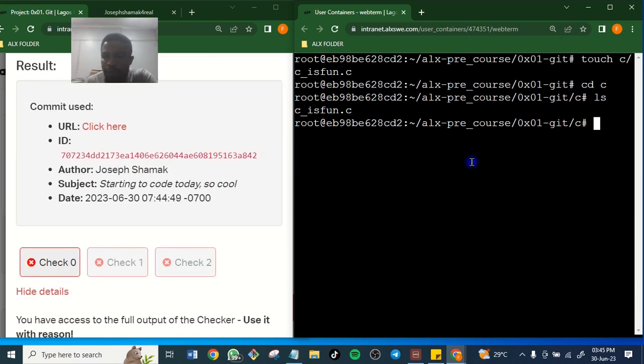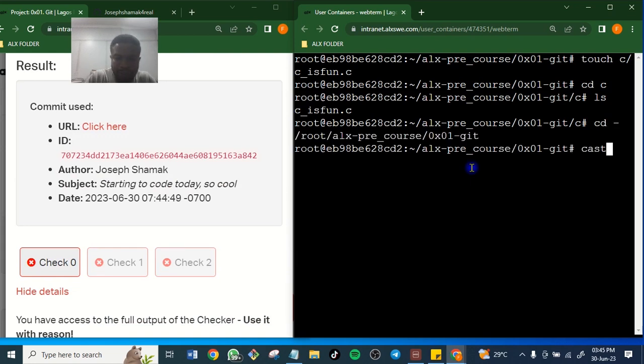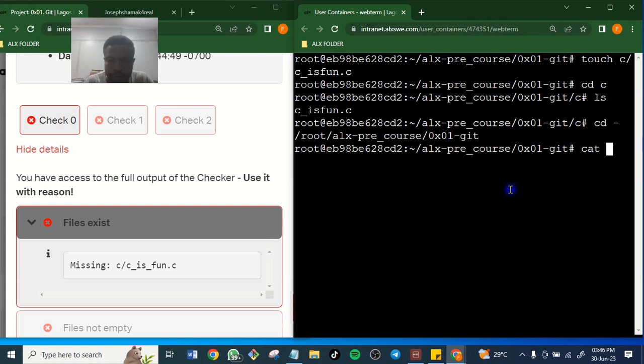Let's go out of C. Let's cat this file, whether we'll see it. Cat C/fun.c. That is to see whether it is there.